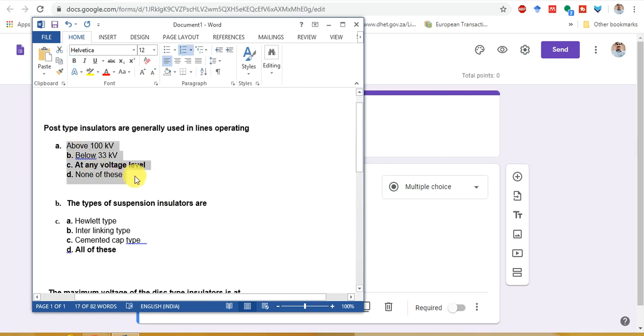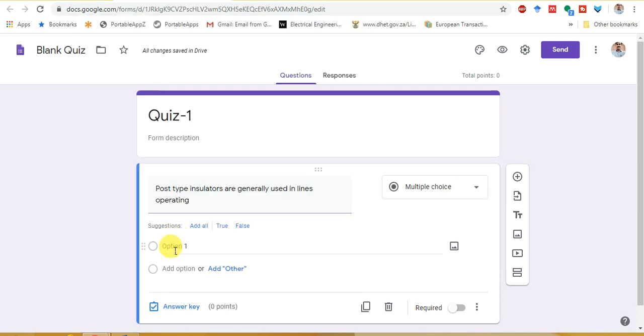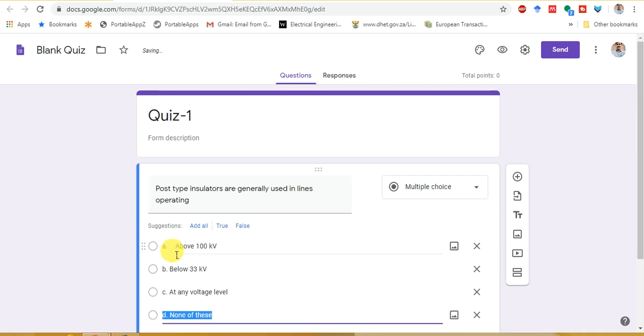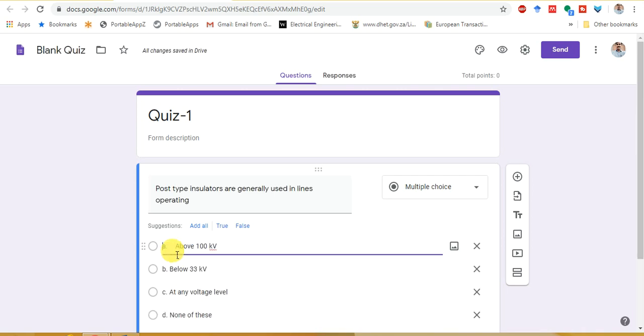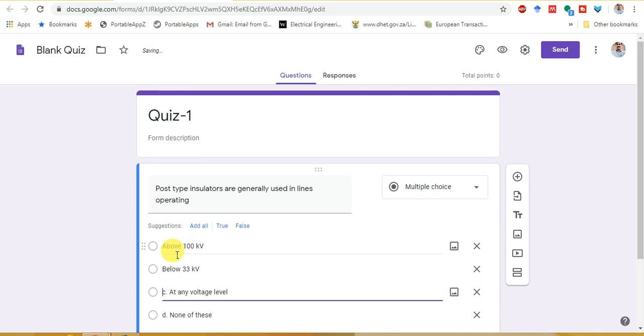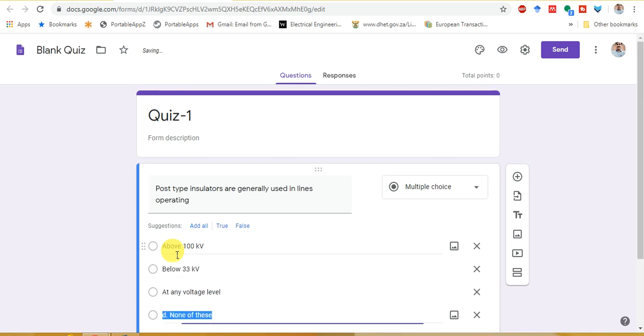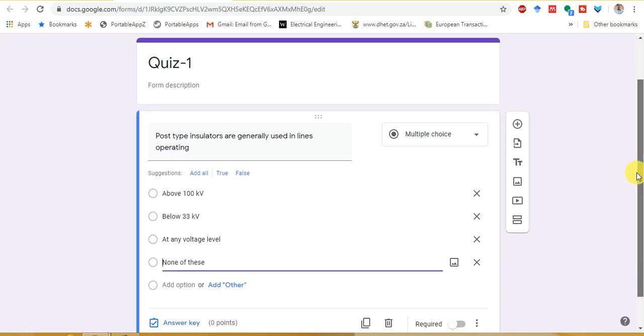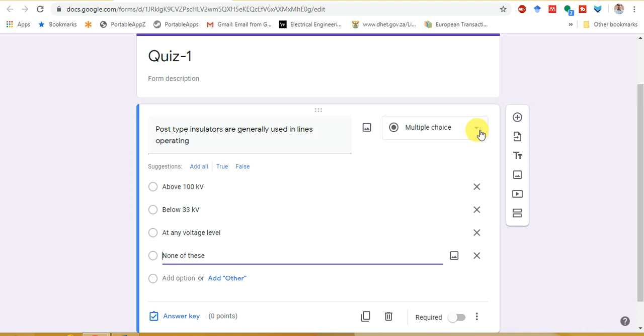Then the options, we have selected all the options and then paste those options. So these are the 4 options, and after this it will automatically ask whether it is a multiple choice question.